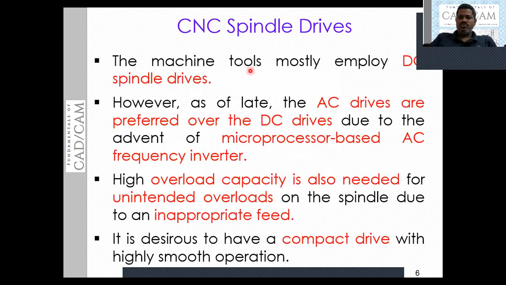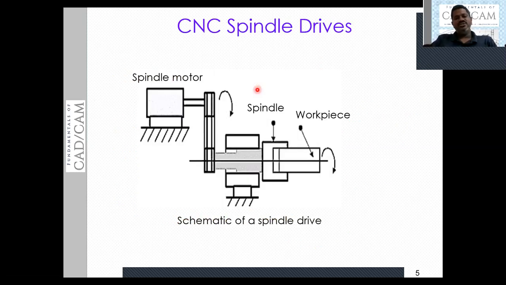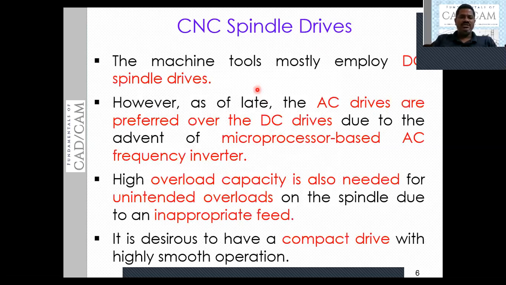Then the machine tools, mostly CNC machine tools, normally employ DC spindle drives, direct control spindle drives. However, nowadays AC drives are preferred over the DC drives due to the flexibility that AC drives can be controlled using microprocessors.